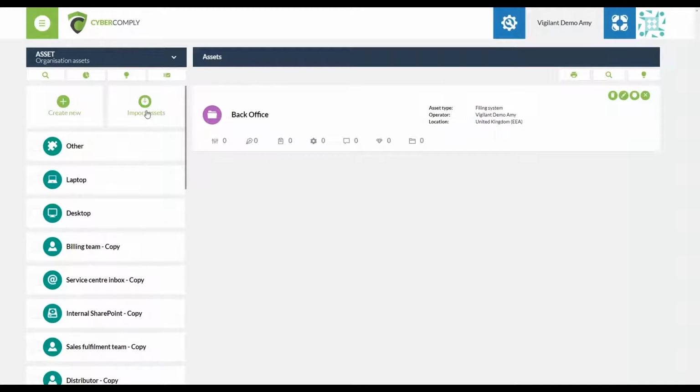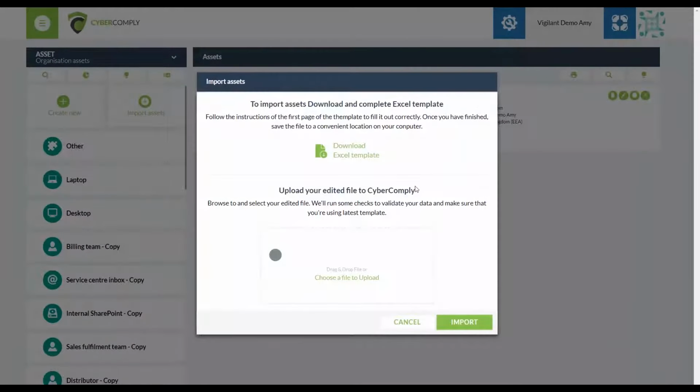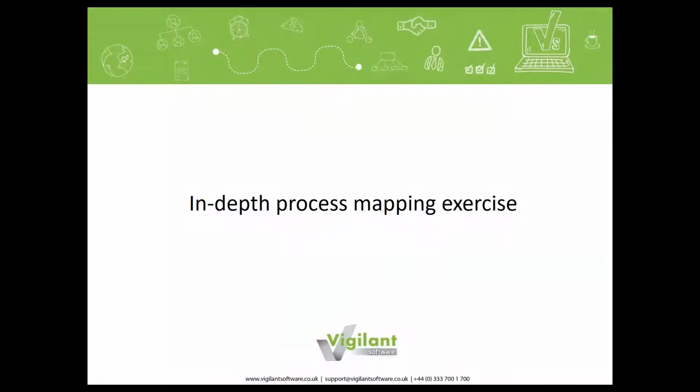Now the other way you can do it is if you select import assets, and it will bring up another window. You can download an Excel template from here. This will then open up. On your Excel template, you can add in all the relevant information of your asset library, then import it and drag and drop the file. So for example,